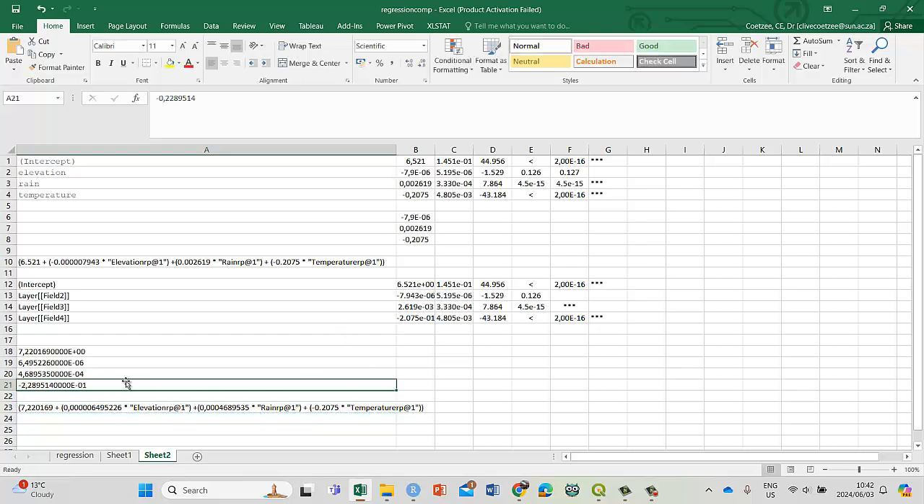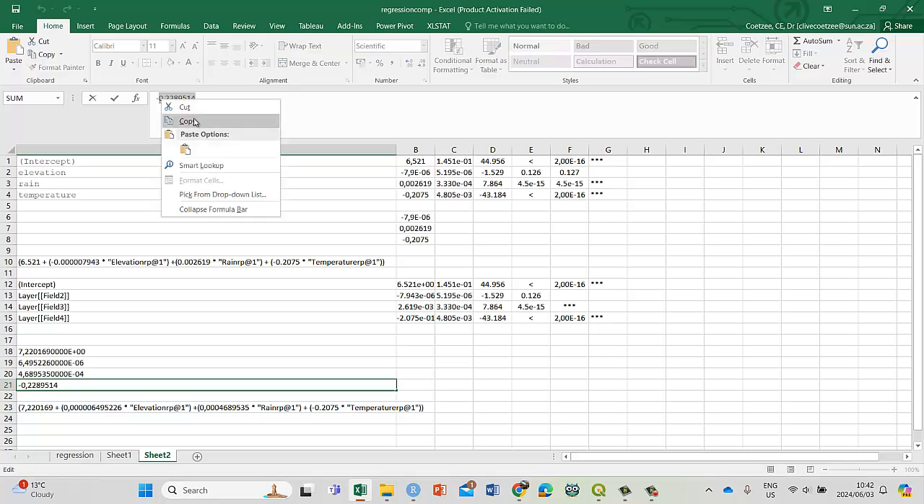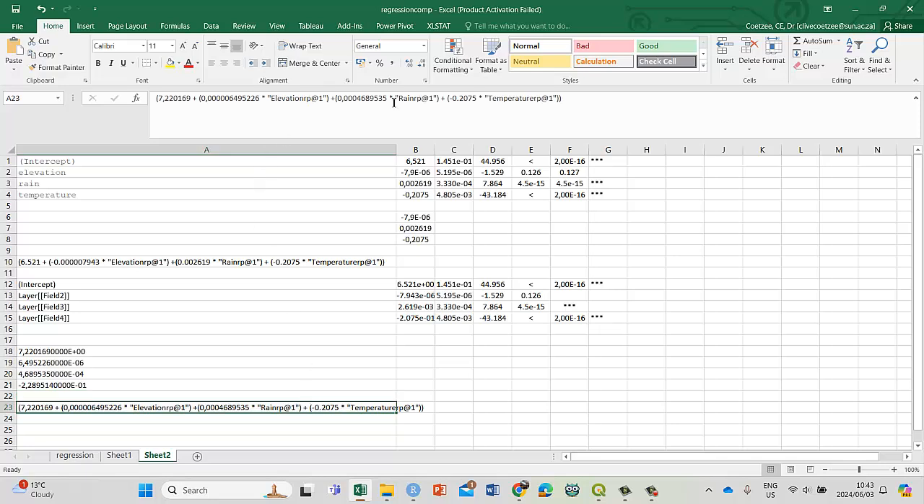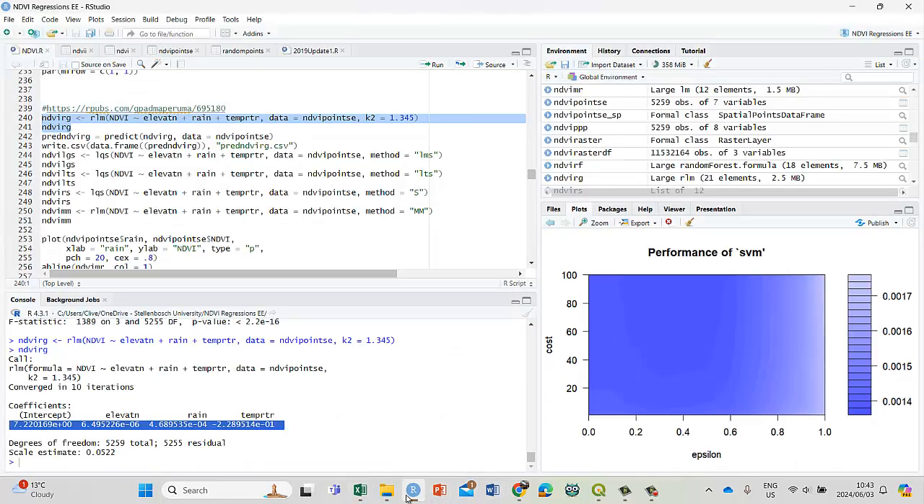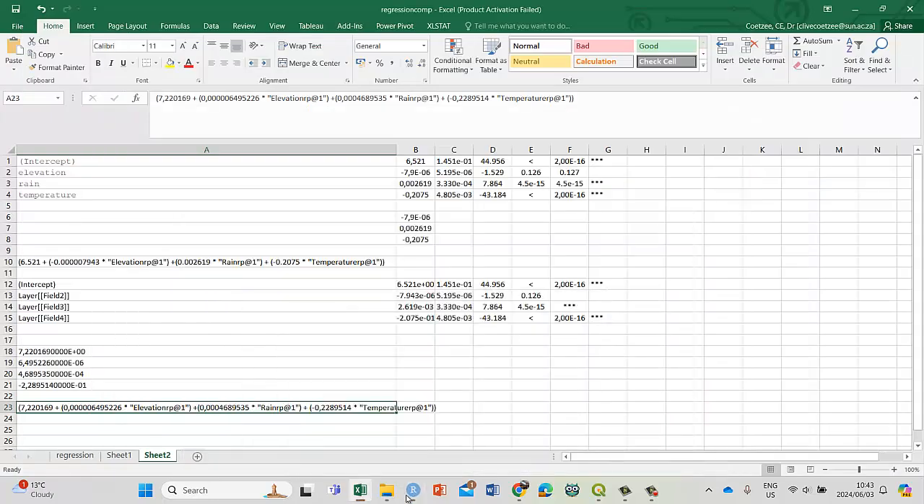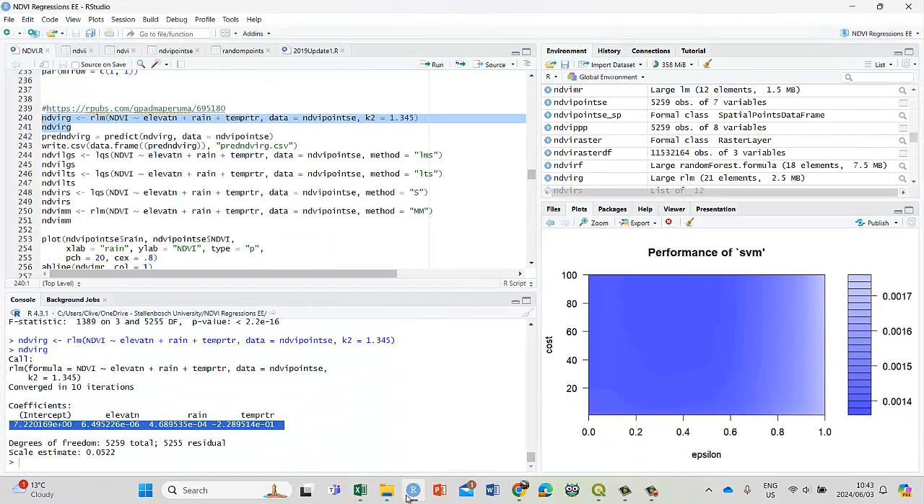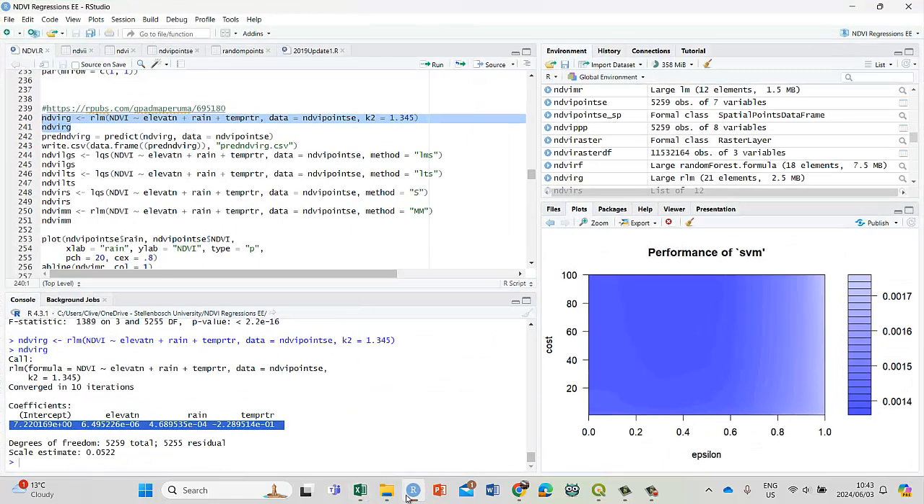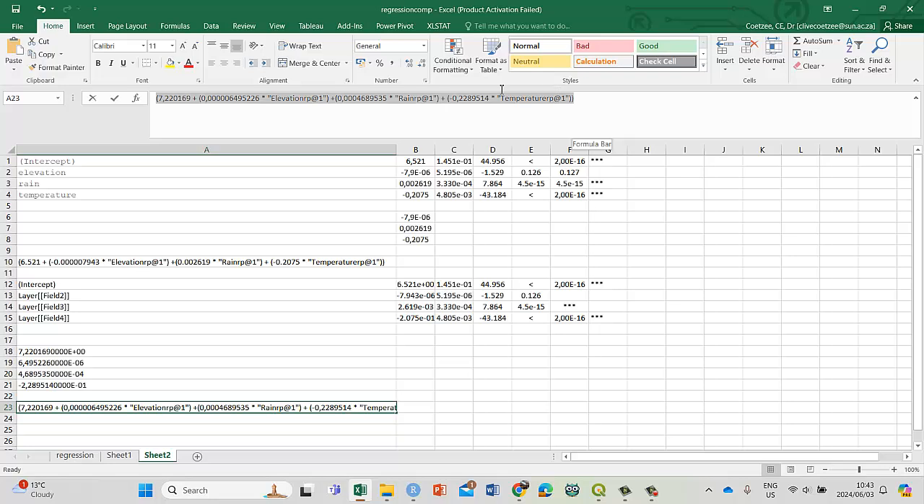So let's copy that and put it in there. That is my formula. Just make sure it's 7.2, then 0.0064, then 0.0046, and then minus 0.2. Okay, so that's my robust